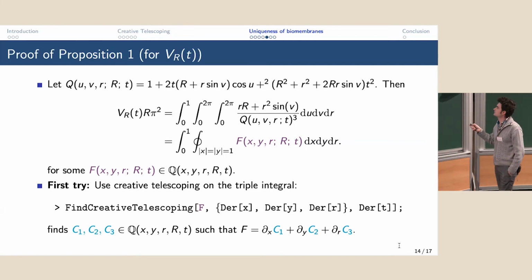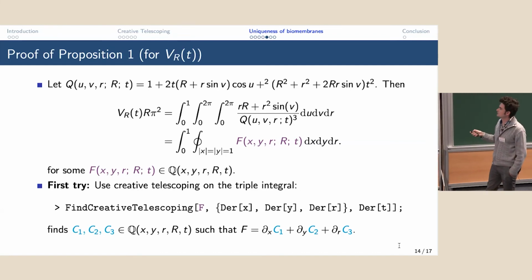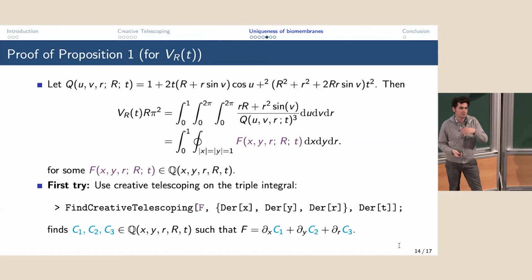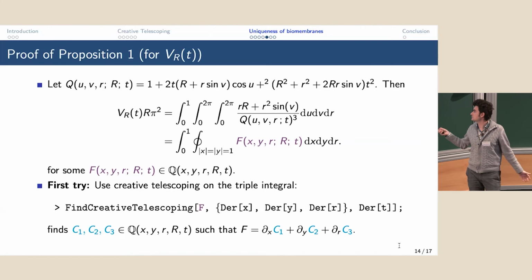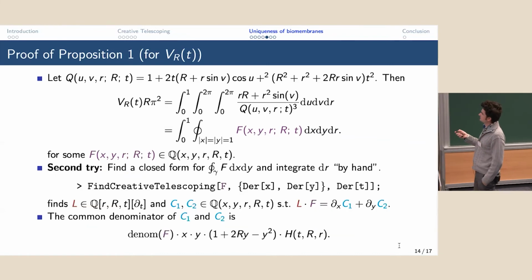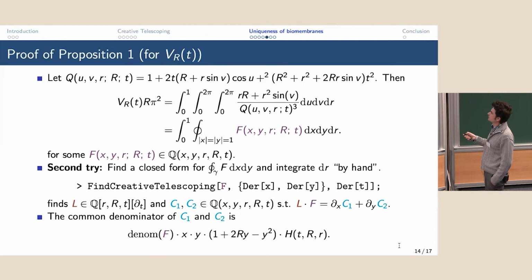Even though this function does not integrate to 0, we can find such a decomposition. So these 3 certificates are quite large, but one can find them and check this. And so this is useless somehow in our problem. And so the second idea is, okay, we know that this one should really work because this one is now